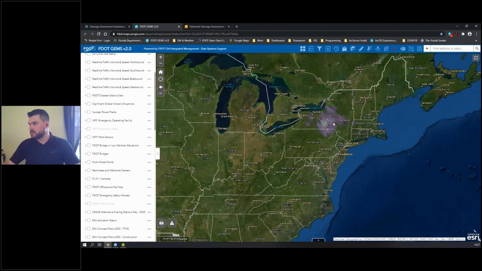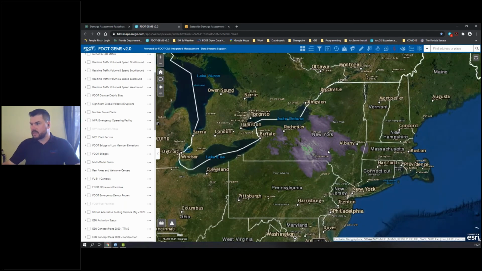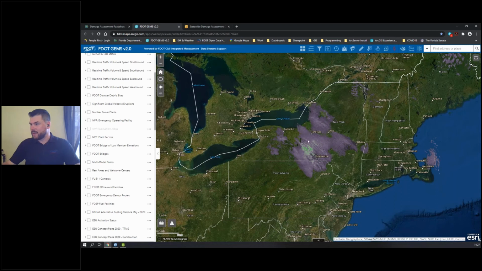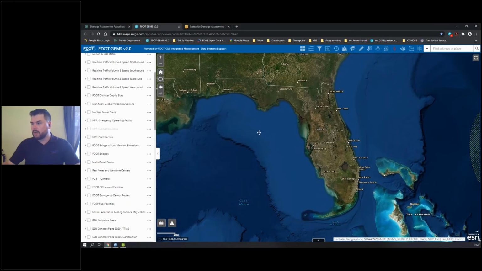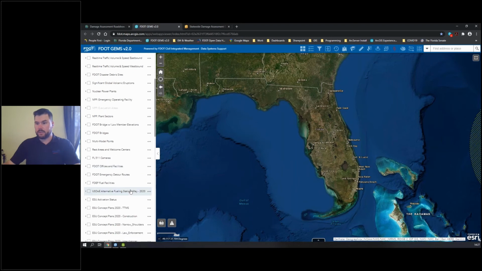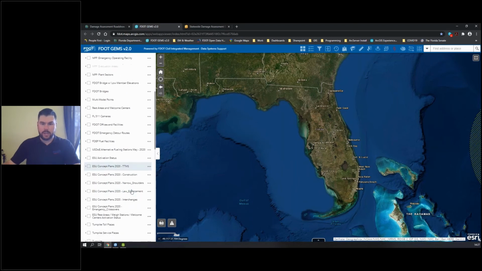There we go. There's some of the weather systems that would show up. Looks like they might be getting a little bit of snow and sleet up there in the New York area. But knowing where the intense rain is might preclude where we send crews out immediately, whether that's high rain, intense rain radar images, or whether we're